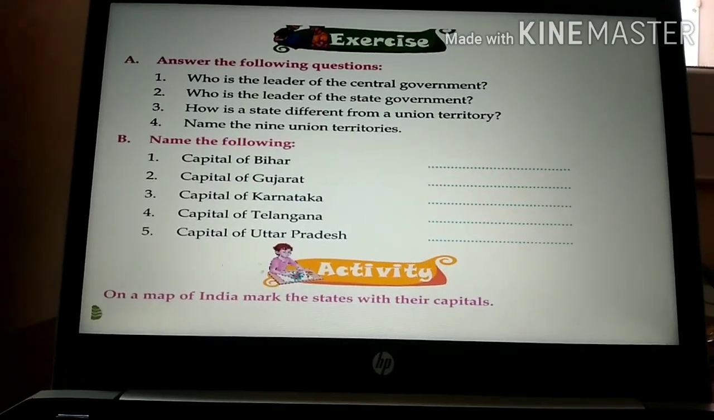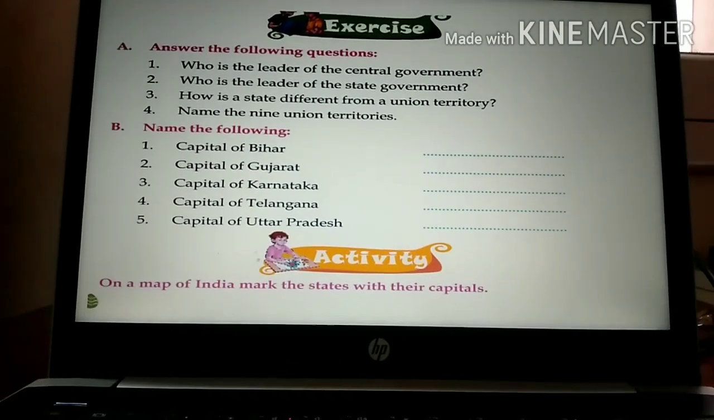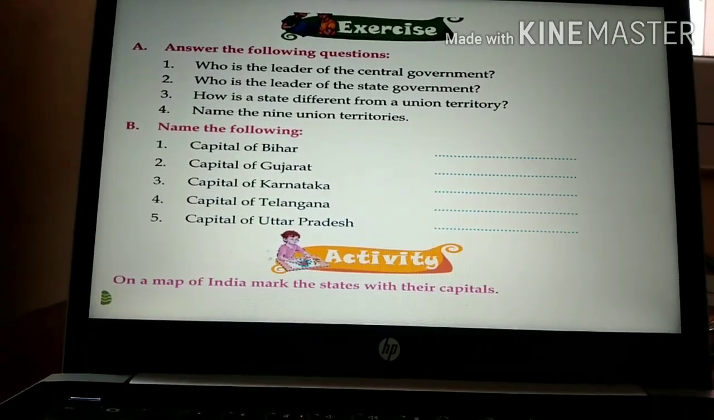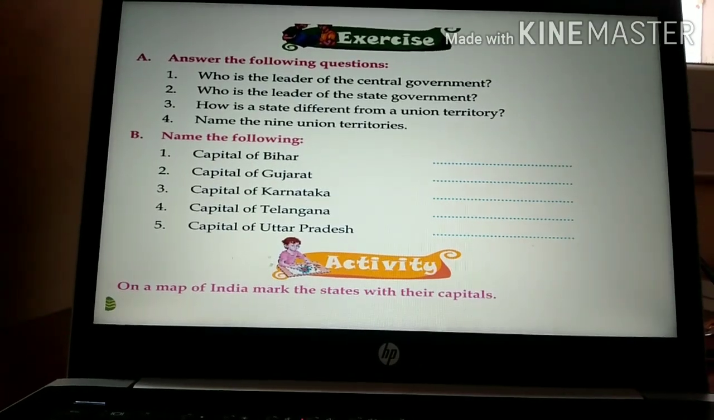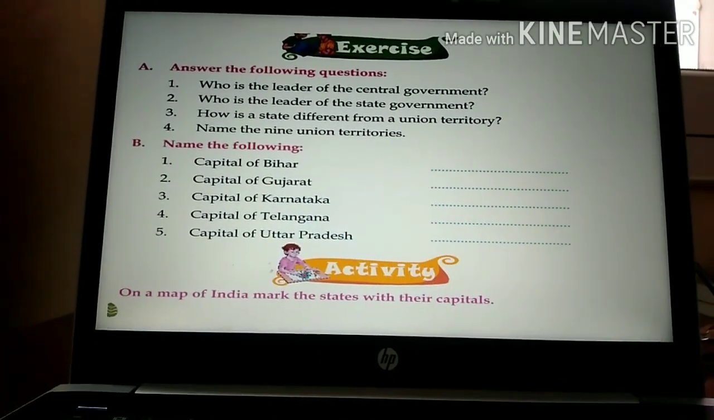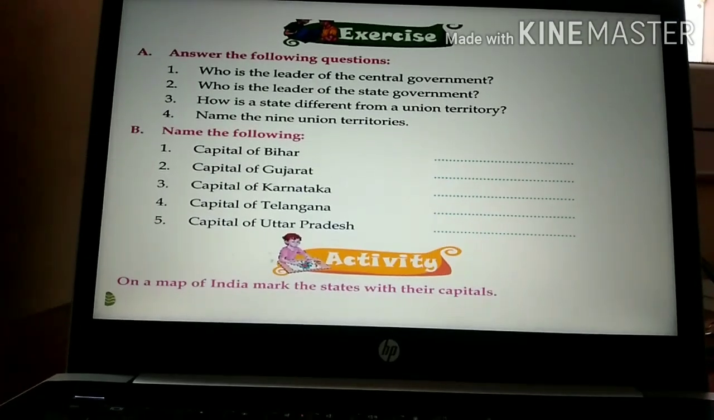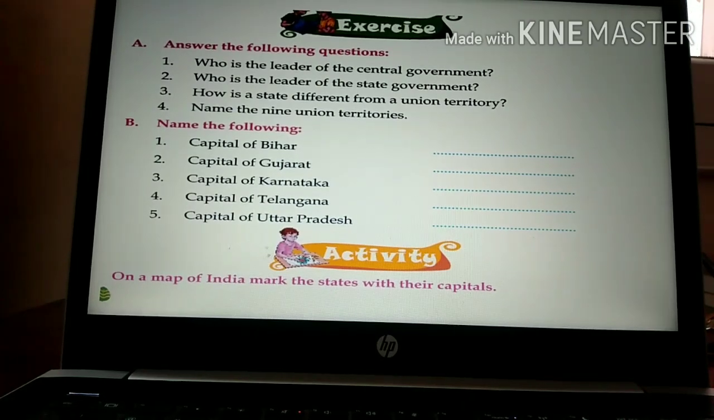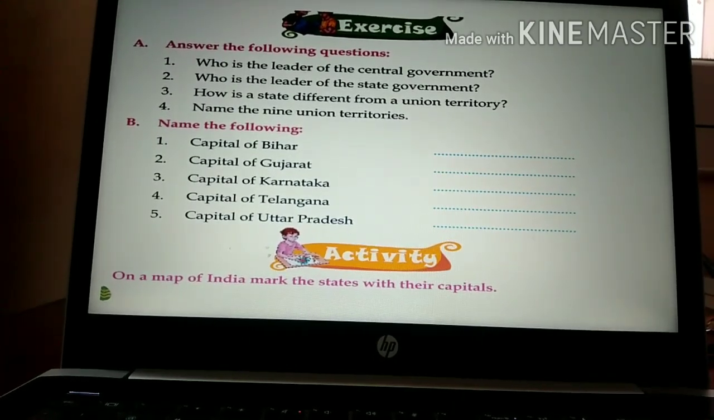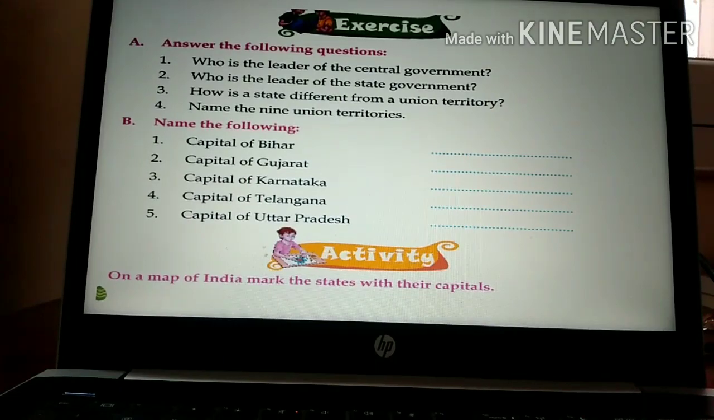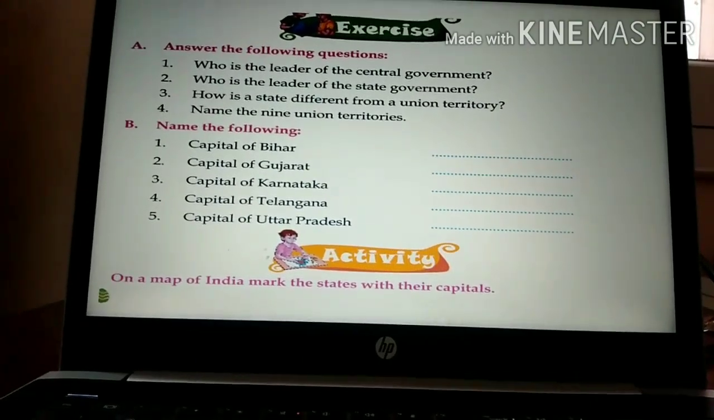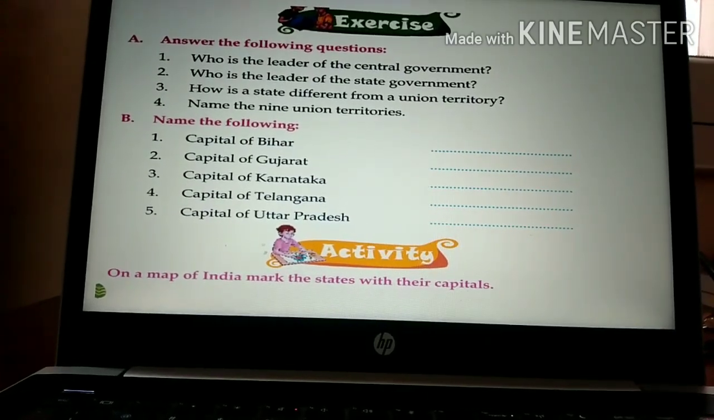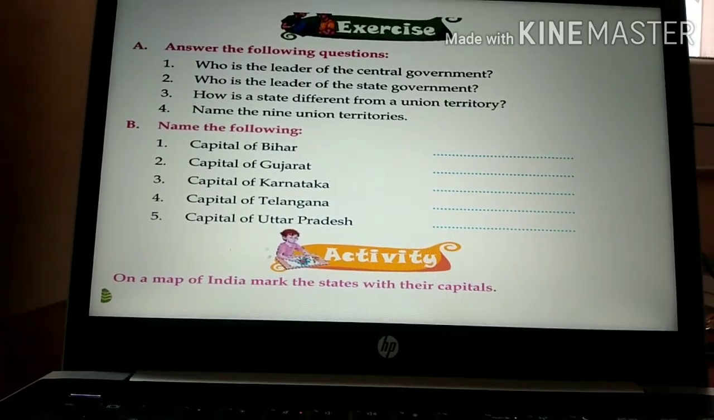So, children, what is a state? First, I will tell you about a state. A state has its own separate government. There are 28 states in India. The governor is the head of the state, but the chief minister is the actual leader of the state government. Every state has its own capital. Now let me tell you about union territories. A union territory is governed by the central government. There are 9 union territories. Each union territory has its own capital. So children, now what you have to do,